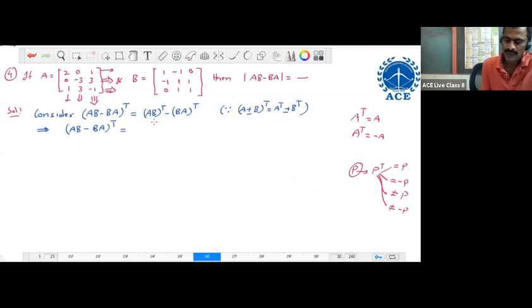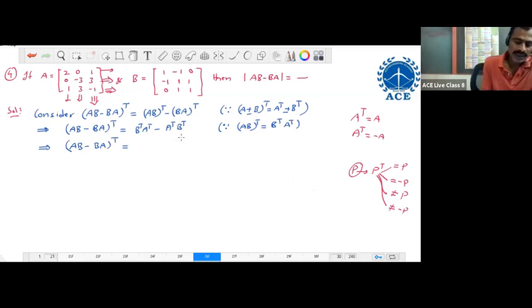Again we use another property, the transpose of a product of two matrices. According to that property, (AB) whole power T equals B power T into A power T. We start with B, going backward, and write the transpose of each matrix. This is the reversal law. So we get B power T into A power T minus A power T into B power T, which implies (AB minus BA) power T equals,